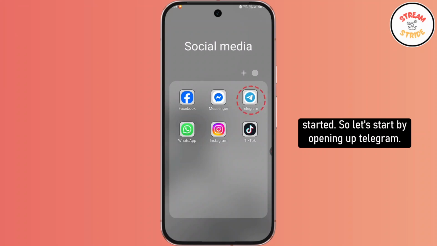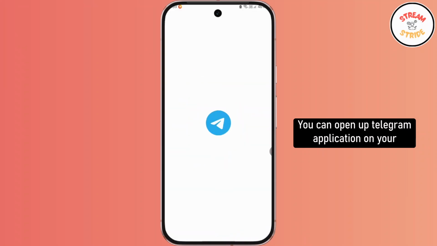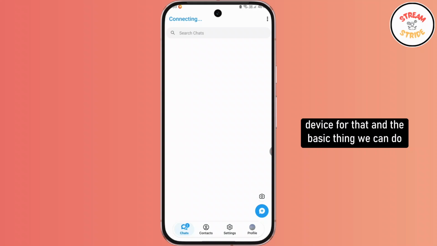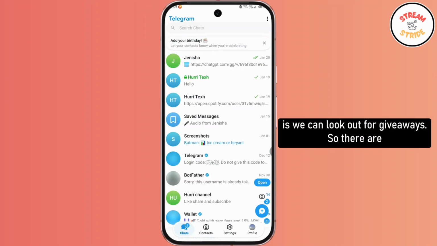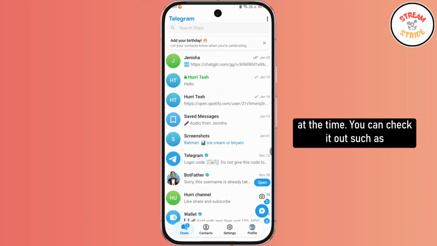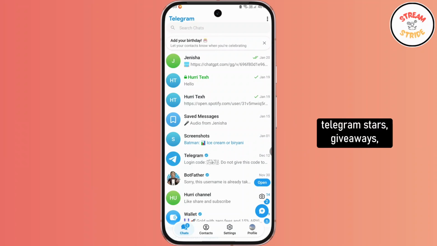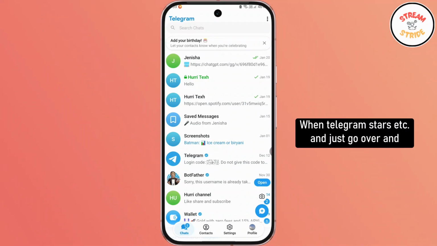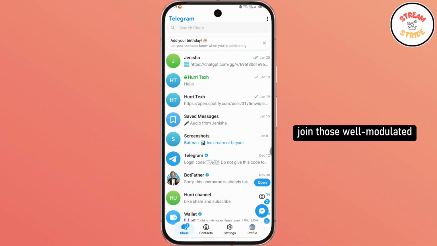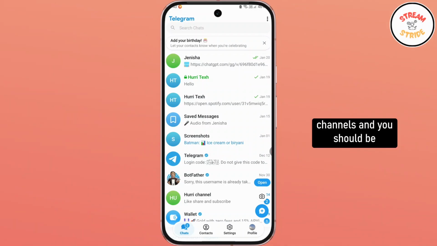So let's start by opening up Telegram. You can open up the Telegram application on your device for that. And the basic thing we can do is look out for giveaways. There are different giveaways available on Telegram from time to time. You can check them out, such as Telegram stars giveaways, stars reward contests, win Telegram stars, etc. And just go over and join those well moderated channels, and you should be able to